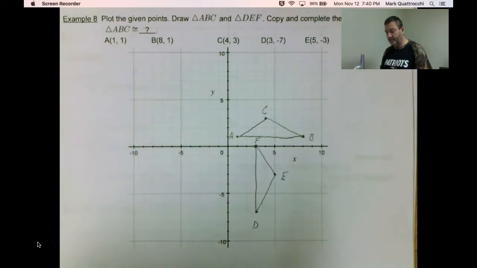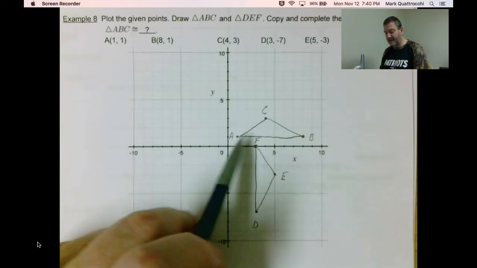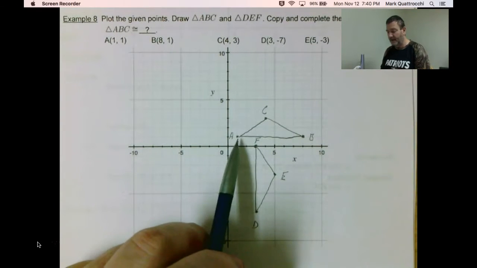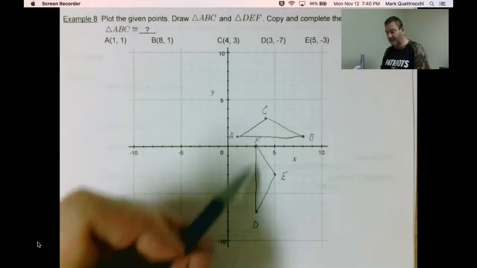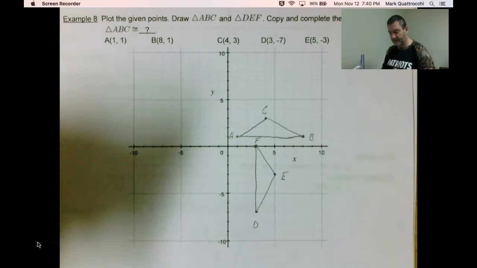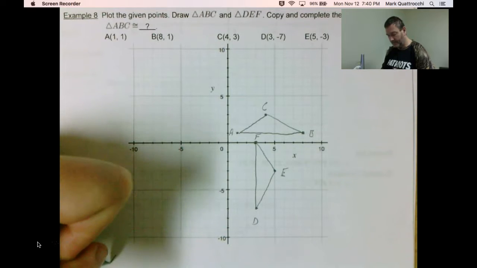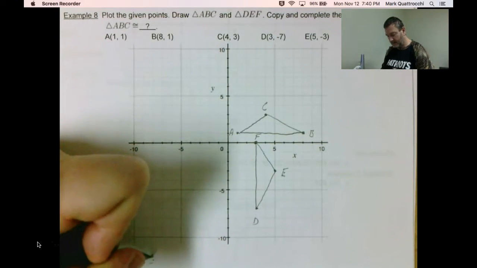So notice AC is not the same length as CB, so that's going to help us to determine. AB seems to match up with FD, so that's a start. So let me write down here, triangle ABC is congruent to